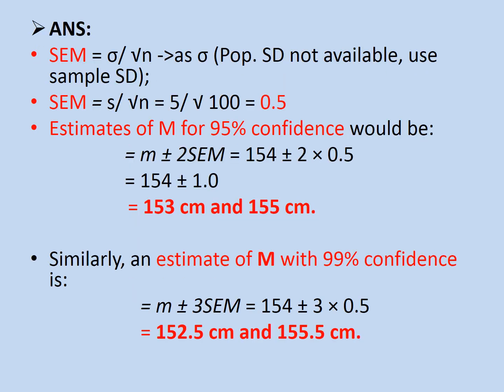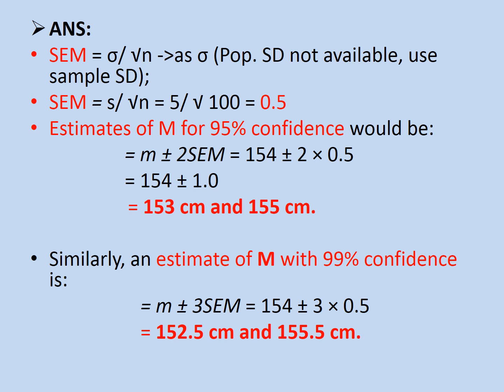First we calculate the standard error of mean. The formula for standard error of mean is the standard deviation of the population divided by the square root of n, where n stands for sample size. As here we do not know the population standard deviation, sigma or capital S, we will replace that with the sample standard deviation. So in our example, the sample standard deviation of 100 students is 5, divided by the square root of n, our sample size, that is 100. So 5 divided by the square root of 100, that is 5 divided by 10, is equal to 0.5. So the standard error of mean is 0.5 here.